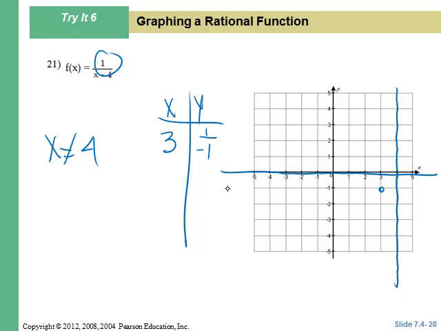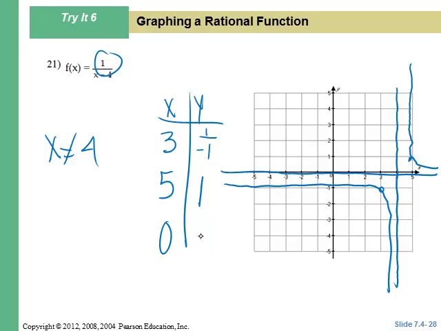We're going to be down here. And so this will also be up here. If x is 5, 5 minus 4 is positive 1. We could try 0. If x is 0, 0 minus 4 is negative 1/4, which I didn't quite get there. I should have